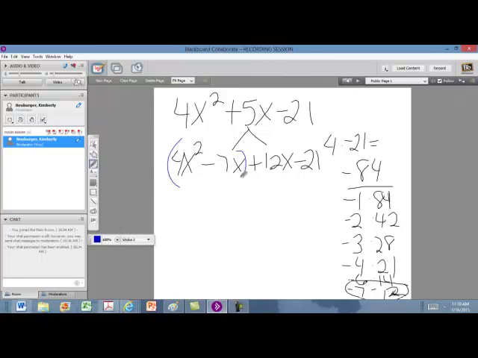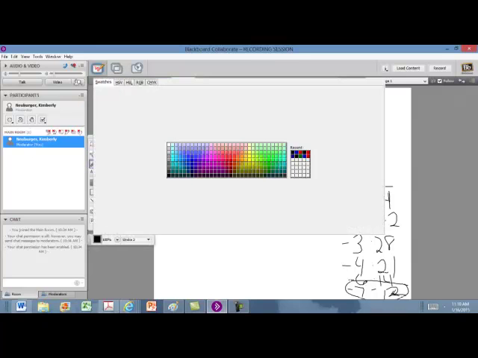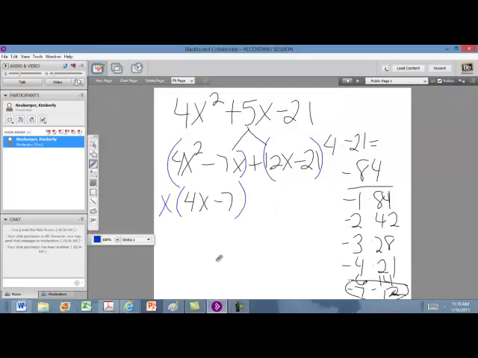It's always the first 2 and the last 2. And then we look at what's in common to the first 2 here, and there happens to be an x in common. So we factor that out. When you factor that out, you end up with an x times 4x minus 7. And then if you look at the second 2 over here, they have a 3 in common. And so we're going to factor that out. And when we factor that out,